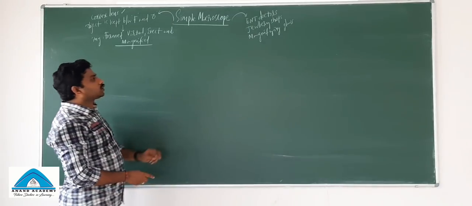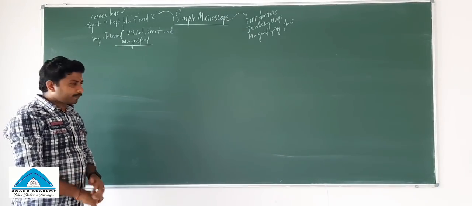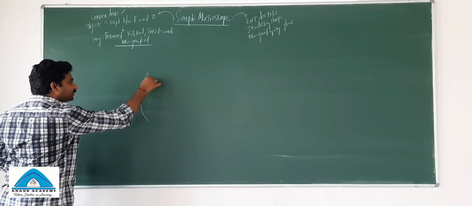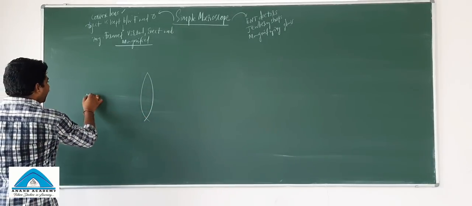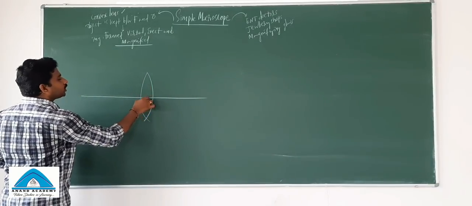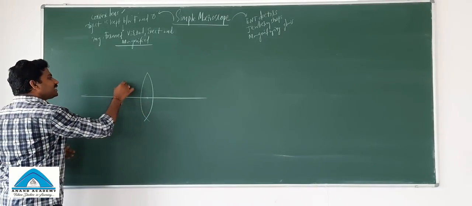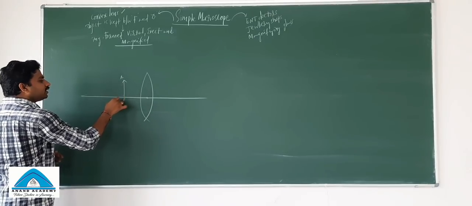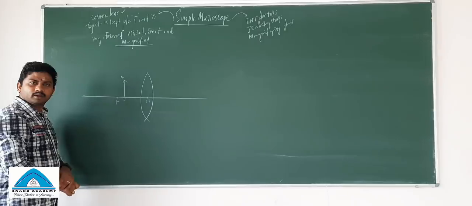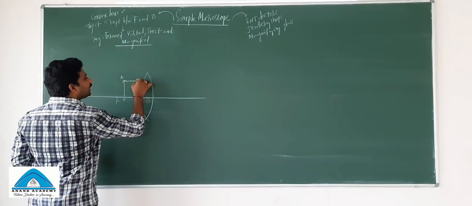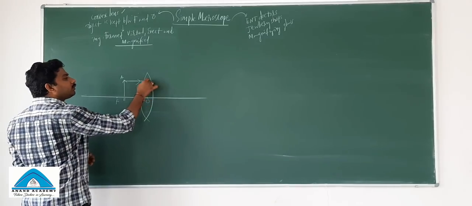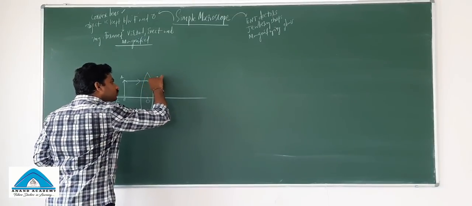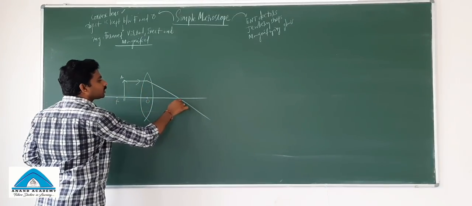Now, a simple microscope we are going to discuss. Let me take a single convex lens in this way. We have the principal axis. This is called the optic center. Imagine I had kept an object which is between F and O. A light ray is passing parallel to the principal axis. You know where it will be moving? It will move through the focus. So now this is moving through the focus. You can see this is what? The focus again.